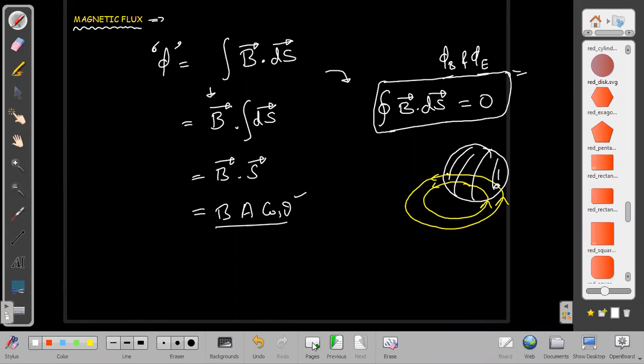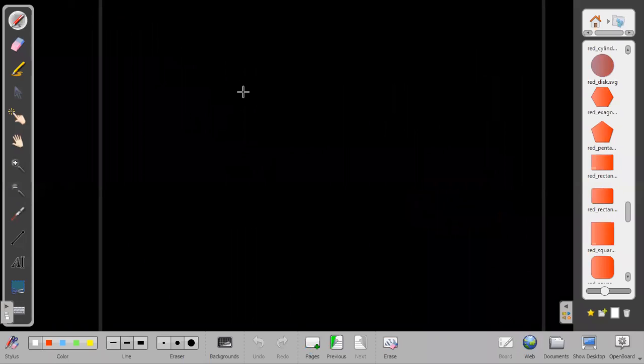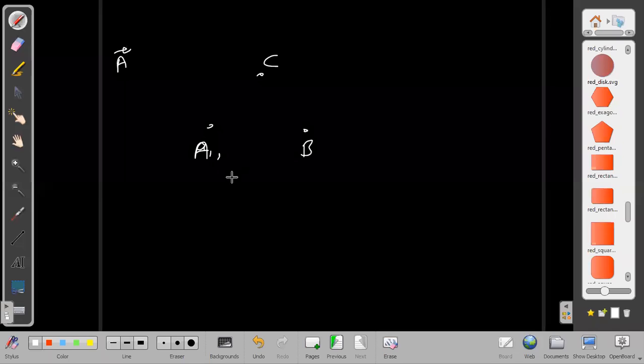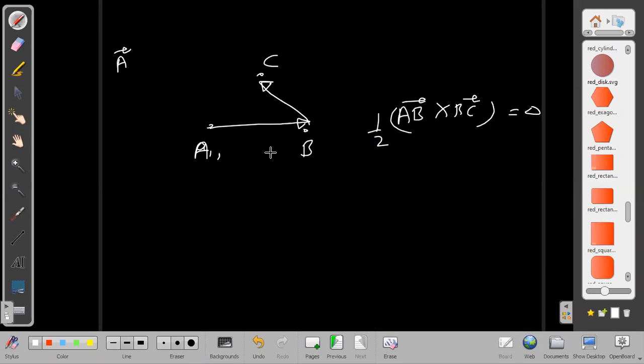And how to find area, all those things will be the same only. Just a quick review I can take for those also. Let us say I want to find the area vector. If A, B, C, these 3 points are given, and their position vectors are known to us, then I think you know that this will be the AB vector, this will be the BC vector, and the area vector will be AB cross BC upon 2, that is the area of the triangle. So if somebody is asking what is the magnetic flux through this, then we will find it this way: B dot half of AB cross BC, that is the magnetic flux through triangle ABC.